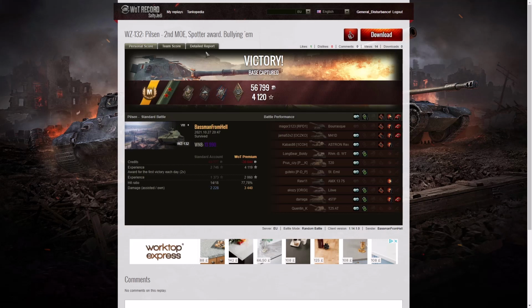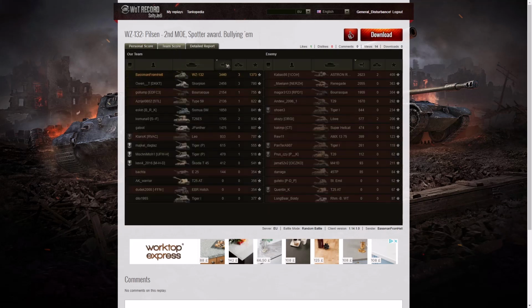Let's have a look at the team score. Well, he actually managed to get the highest damage in that game without getting the high caliber. He got 3,440 hit points. The next high scorer being the Astron Rex with 2,623. And the 3rd highest damage went to the Scorpion,